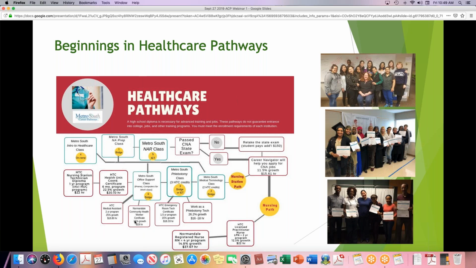I have a healthcare pathways chart. We created this because I needed to figure out how our classes fit into other post-secondary training options and jobs, and to guide students so they knew they were on a path and what their options were.